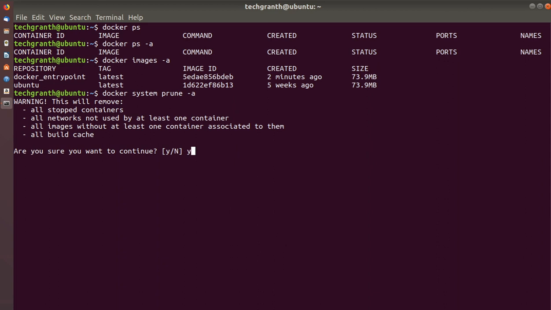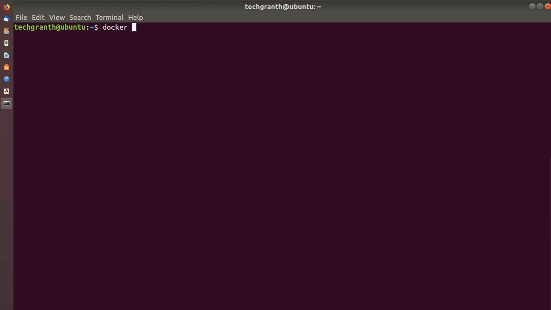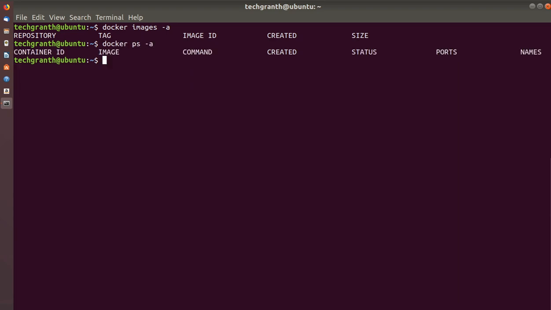So if you press yes, it will delete everything. Now if you check docker images -a, there would be nothing. Docker ps -a, there would be nothing. So be double sure before running that command, because it can remove everything related to containers.